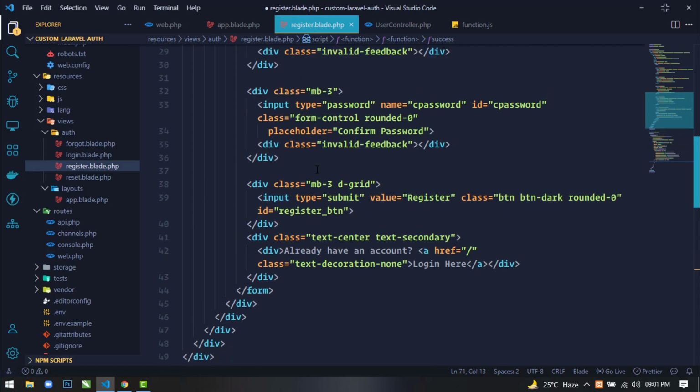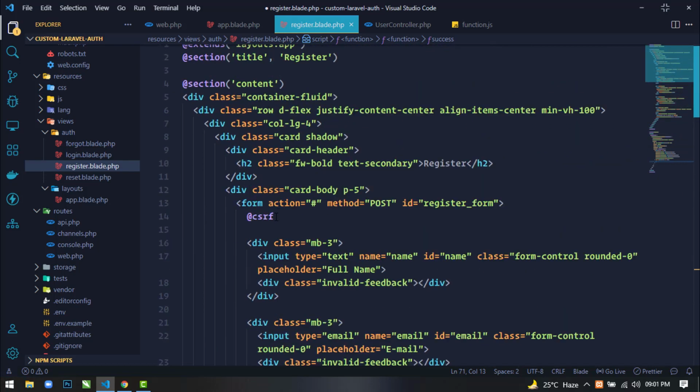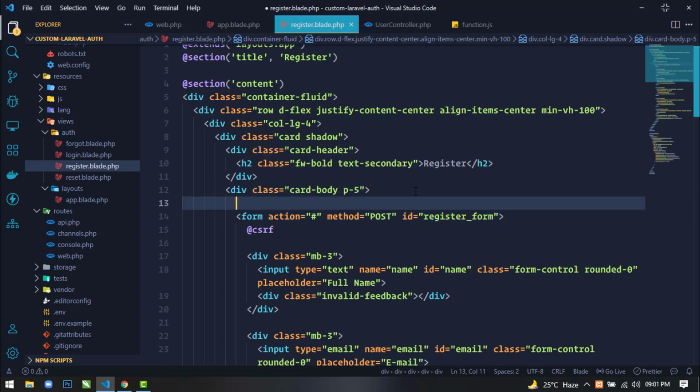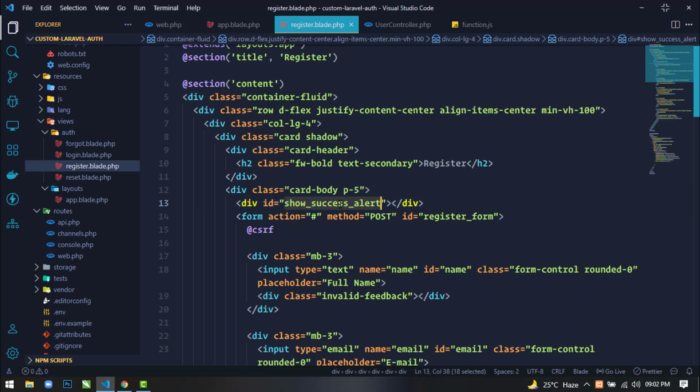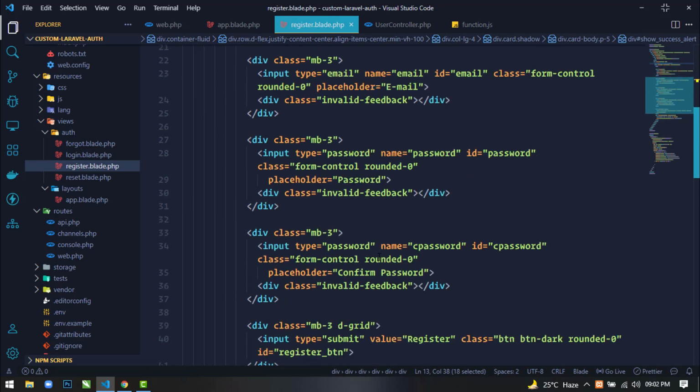So for this, just above this form tag I will create a div with id success alert. So success alert, copy this id and go below.